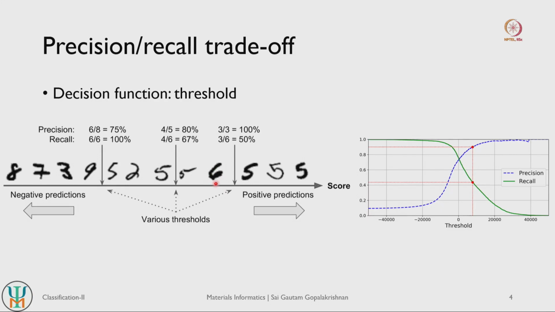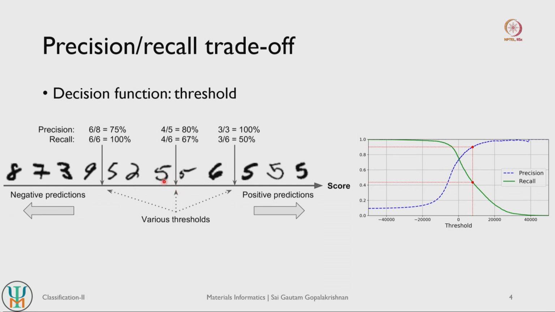So there is one false positive, which is 6 being classified as a 5 here. So the number of true positives is 4, and the number of false positives is 1. So the precision is basically 4 by 5, or 80%. If you take this decision threshold, you have an 80% precision in your model, and the same goes if you were to calculate recall.